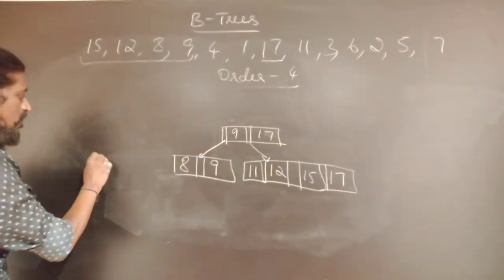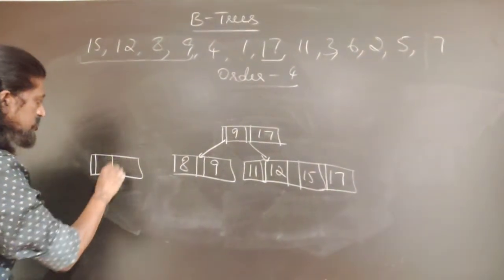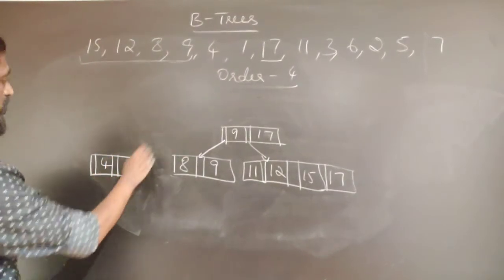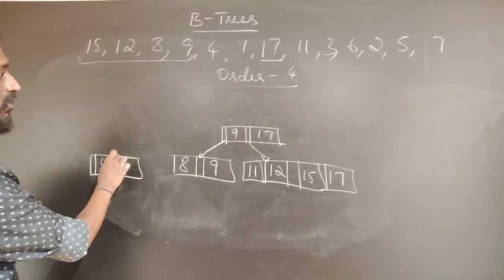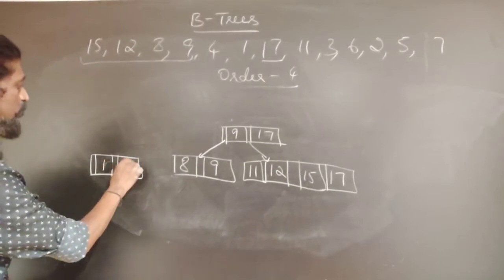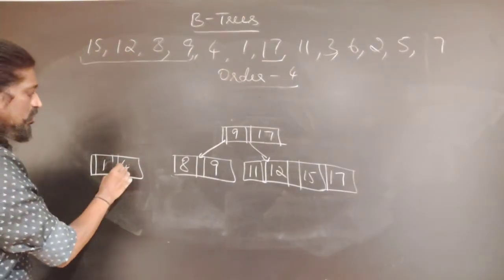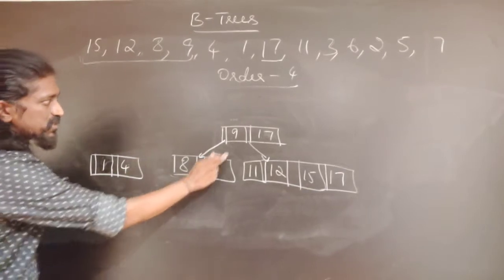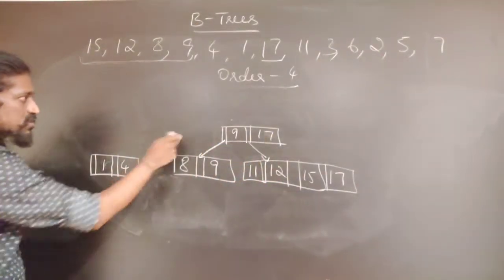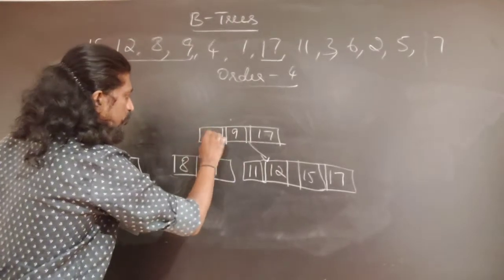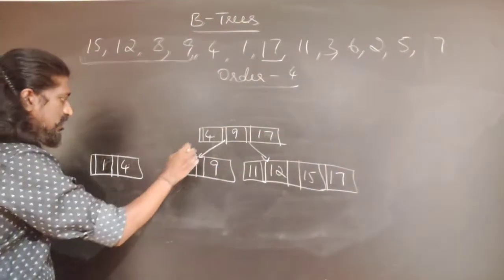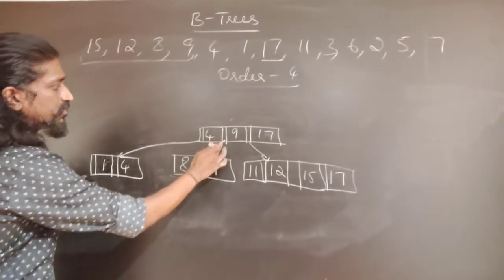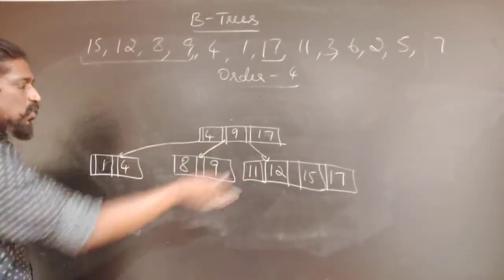Okay, this will form two nodes consisting of keys 1 and 4, and 8 and 9. Okay, now we are inserting 3. So now before that, let us update the information about the largest keys in the parent. Information about 9 is here, 17 is here, 4 is not there. We will insert one more key over here, 4, in the sorted order, and there will be a pointer from left of 4 and this will be in between 8 and 9.